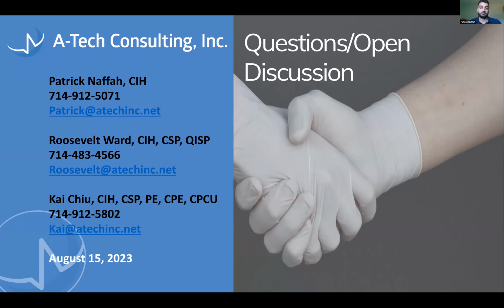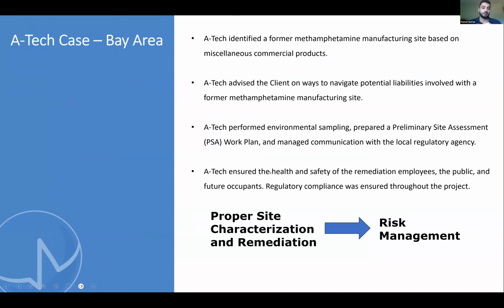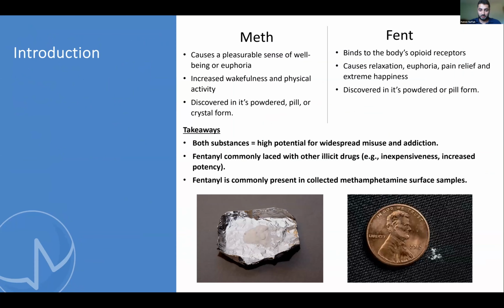I should have elaborated on the picture more, but one lethal dose of fentanyl is 2 milligrams, which, if I had to paint a quick picture, is like 5 grains of sand. If you could show that picture, Alex, that'd be great. If you see the penny on the bottom right, that tiny little amount, that residue right there is a lethal dose of fentanyl. When somebody's buying crystal methamphetamine or cocaine or whatever the drug is, a lot of times to save money, these manufacturers cut it in. And that's how this is playing out, unfortunately.